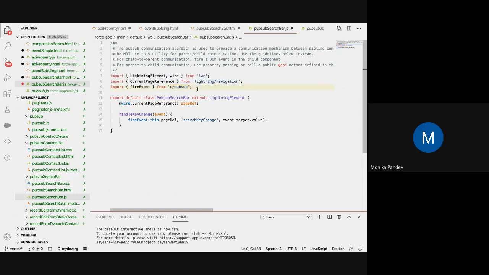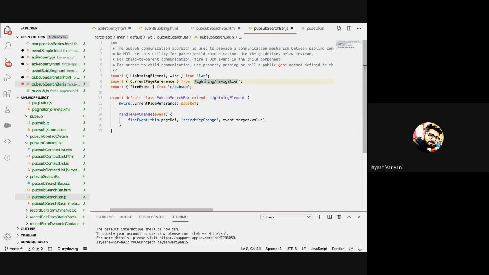Okay. So just for referring purpose, we need this in VS Code, or we don't need it? We definitely need this, right? How will Salesforce know which custom utility you need to import? If I don't copy the pubsub.js file here and I simply write this import, it will not work. It has to be here, right? I'm referencing a path here from where you need to import.